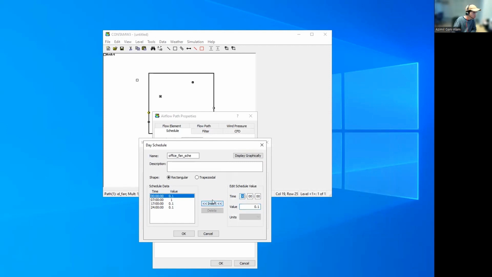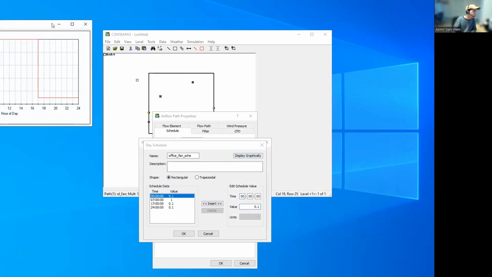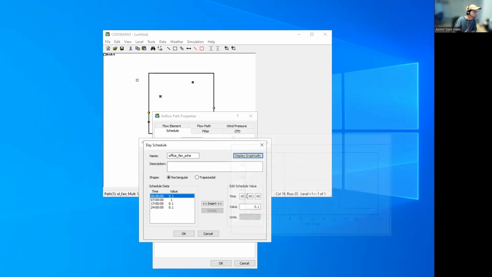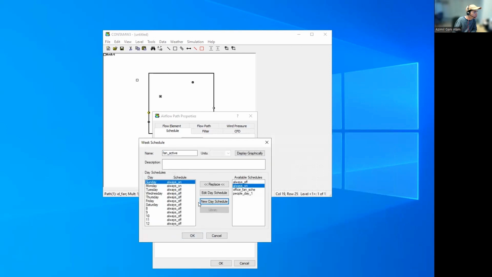Now you see that the schedule of the fan will be like this. During the night, the fan will be active very slow, and then it will go up until 100% runs and then it will go down back again to 10% of run at 5 p.m. Okay. Now we have the office fan schedule. Okay. 24 hour and